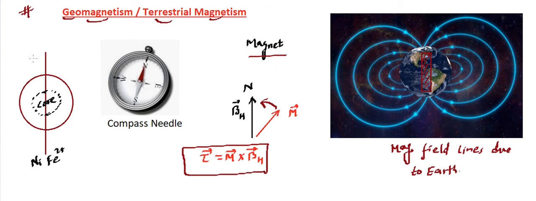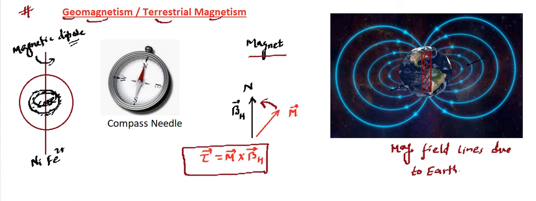So when Earth rotates, these charged particles are rotating. And once the charged particles are rotating, what can you think of? The charge is rotating. Basically, they are becoming current carrying loops, and since there is a current carrying loop, there's going to be a magnetic field. So the churning or rotation of charged particles in the core causes current carrying loops, and that causes a magnetic dipole moment. From here the magnetic moment or dipole comes in, and that magnetic dipole becomes this bar magnet. As we have talked about, a current carrying loop is similar to a bar magnet. Hence, this magnetic field is coming.